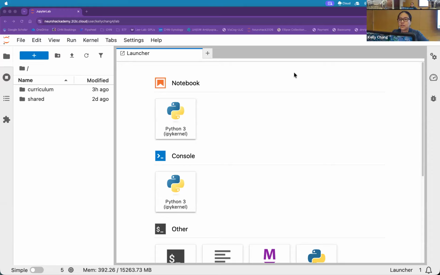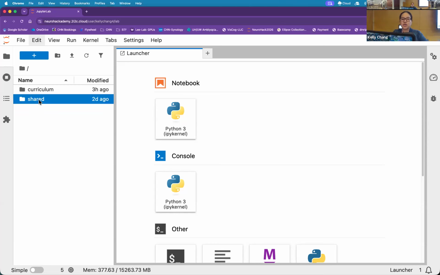So at the basic level, this is a Jupyter server that's being hosted by NeuroHack, and you will be able to log in, even if it logs you out. This is your instance. These are your files. Other people will not be able to have access to them unless you choose to share them. And some of these folders that you automatically see here on the web file browser on the left are automatically populated by us from NeuroHack to you.